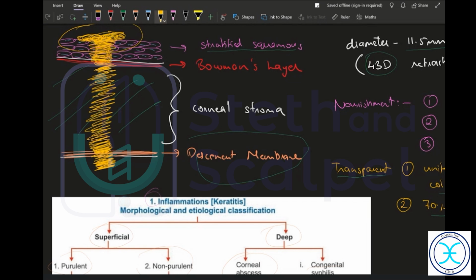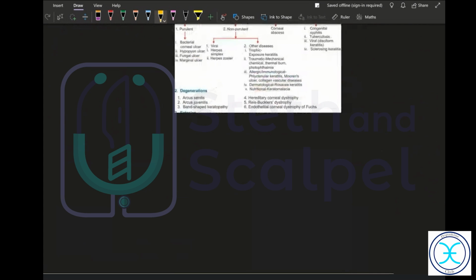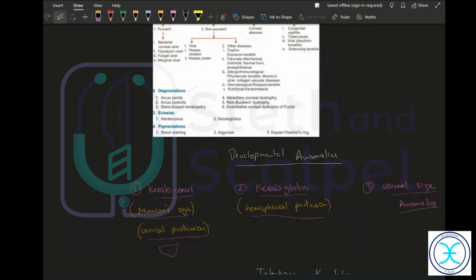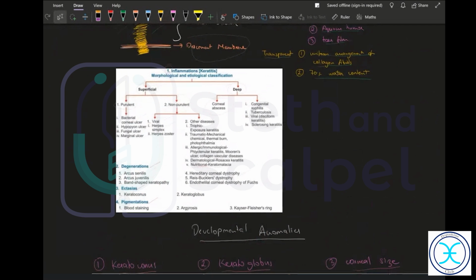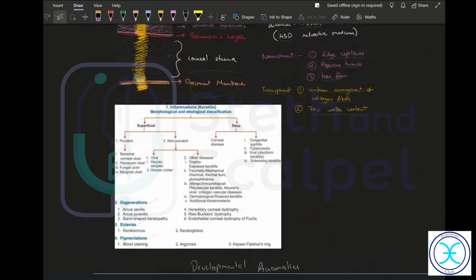Correct. You put it over the cornea and make the patient close their eyes 2 to 3 times. After that, if you see any fluorescence on the eye, it means there is some kind of corneal defect and the dye has got deposited in that area. That is what you do for corneal ulcers. Anything else you will do with the cornea? I don't think we do anything else.